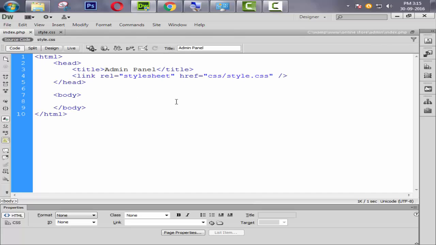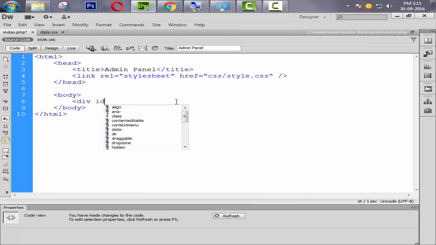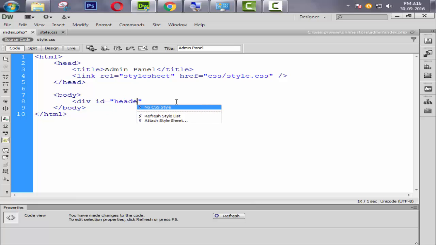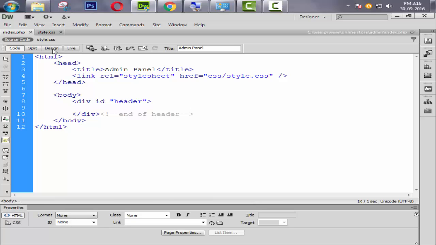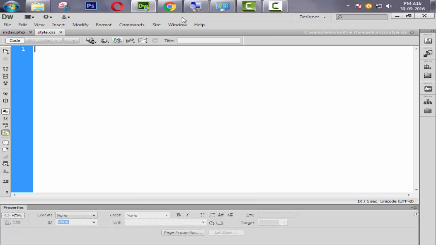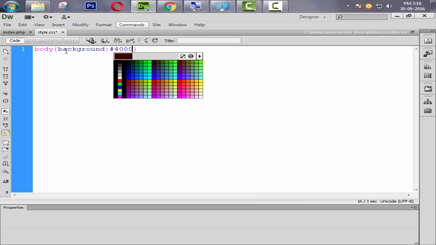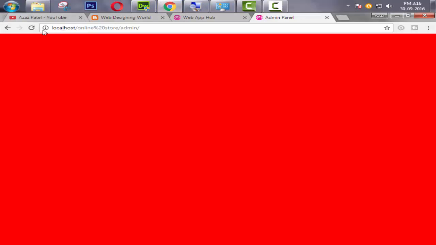So now we come to our index page and create one ID and give the ID name equal to header, with a proper comment like end of header. Okay, then first of all we are changing the background, so I write body, background will be 40040, refresh and check.